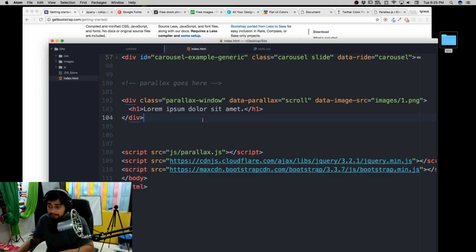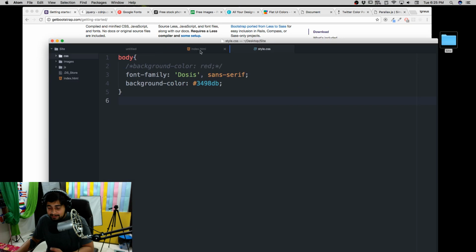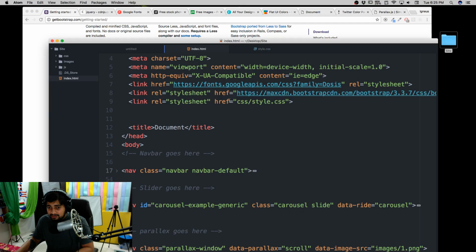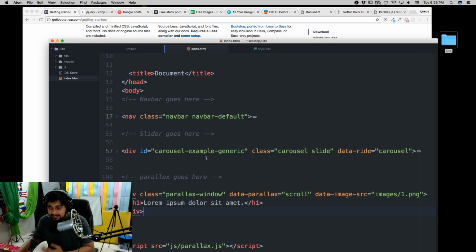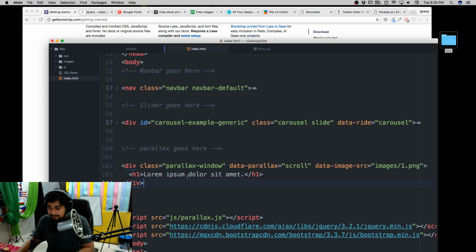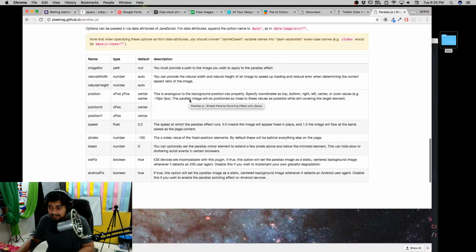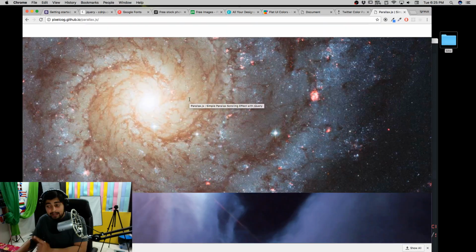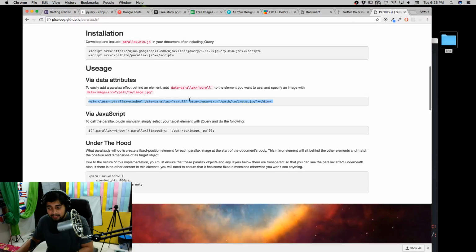Once you have done that, now the things are easy, okay? You also need to create your own CSS and everything, which we have discussed in quite some detail. Just grab this, and you can grab your navigation bar, your carousel sliders, everything in here, and adding parallax. I would always recommend this PixelCog parallax. You can see these are such lovely parallax effects, and this is beautiful because they are using good images. I hope you understand that. Watch those 2 lectures and you will be ready to rock and roll with parallax.